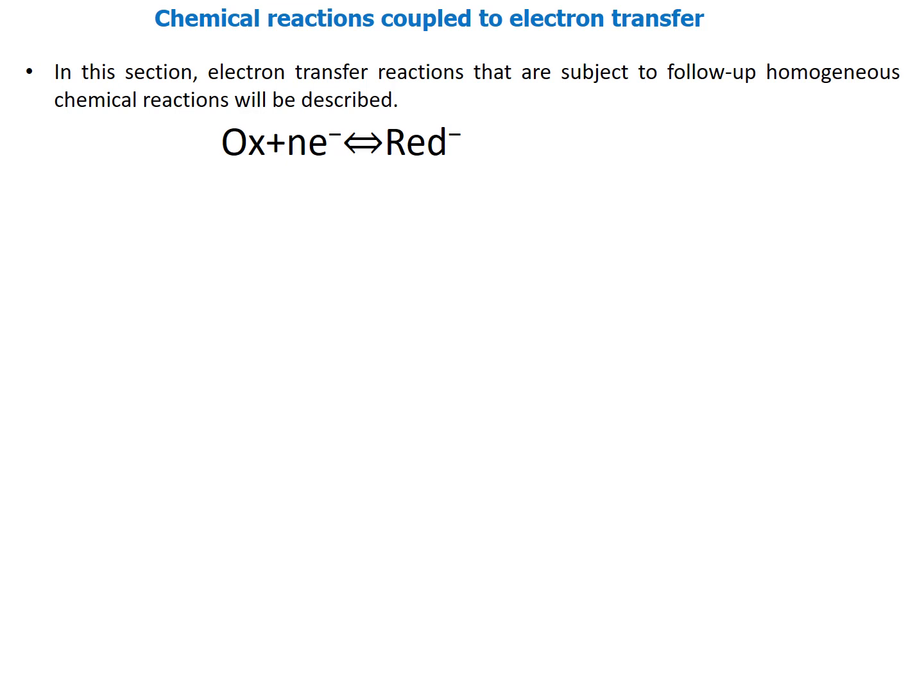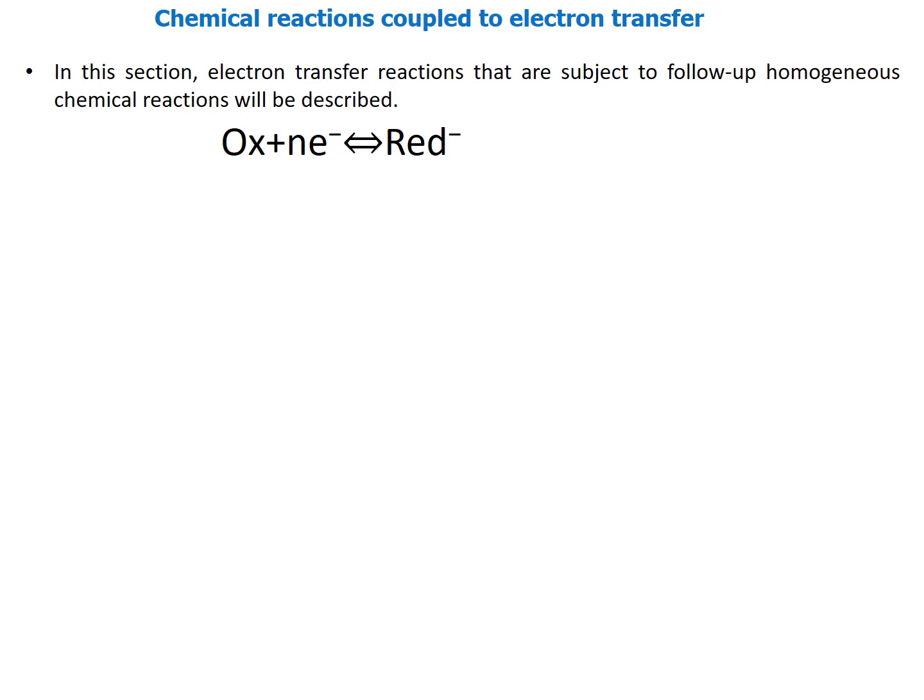Well, in this section we will learn about chemical reactions coupled to electron transfer. As you know, in a reversible electron transfer process, the product forms are stable on the time scale of the experiment. What does it mean? This indicates that the product formed in the forward electron transfer process is fully available for the backward electron transfer process, and the CV plot in such cases will give you a reversible cyclic voltammetric plot with comparable current density.